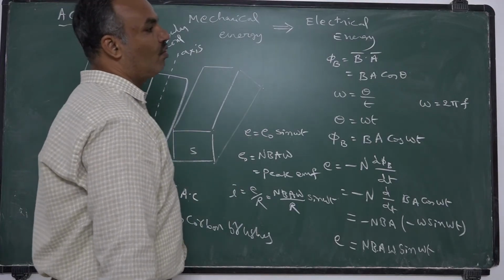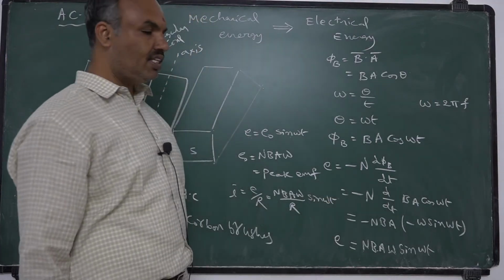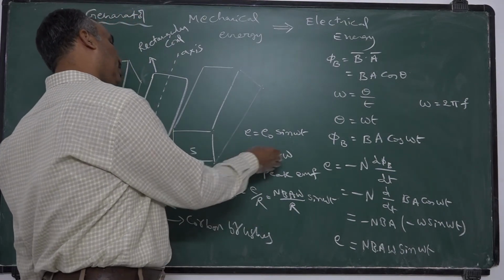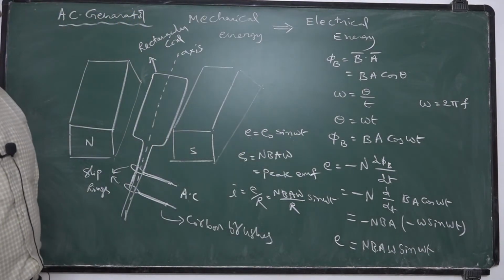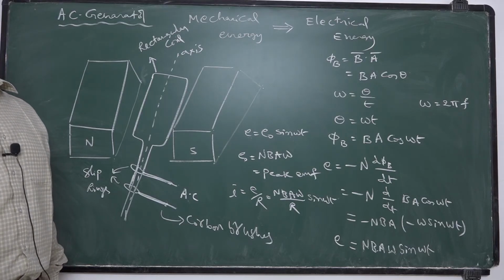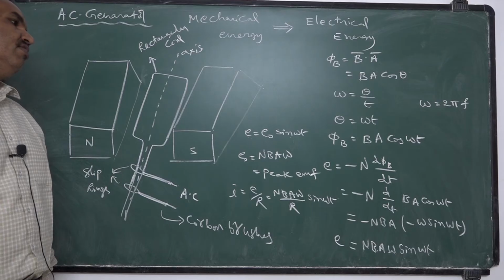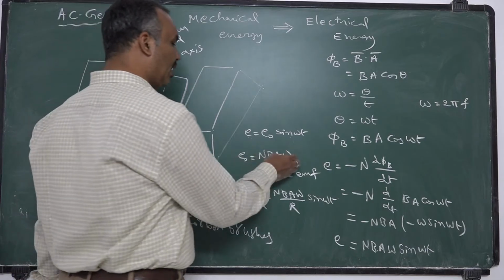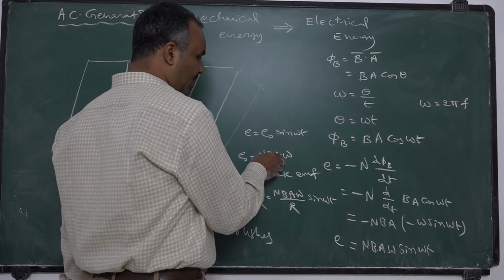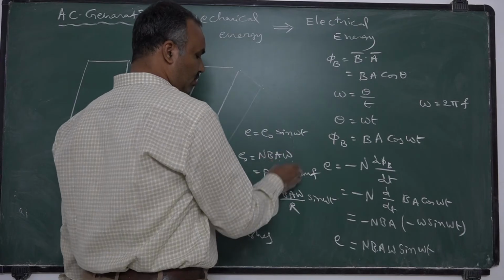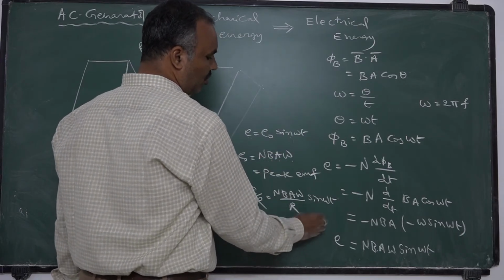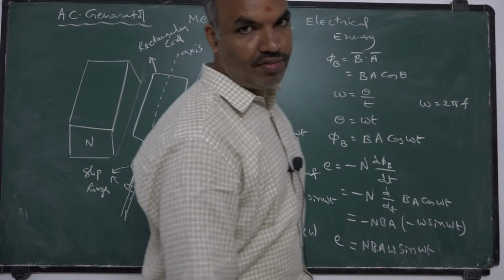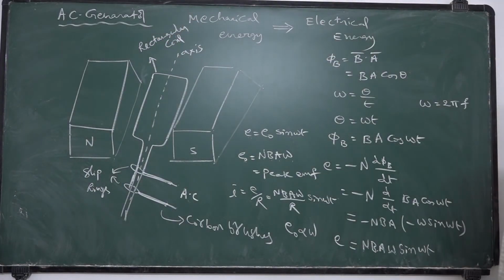Here, if rotational frequency increases, as sine is an increasing function, even peak EMF is also a function of omega, the EMF developed value increases. So here EMF developed is proportional to omega clearly. N number of turns is fixed, B strength of the field is fixed, A area is fixed. So peak EMF is proportional to frequency of rotation of the coil. This is the basic idea related to the AC generator,